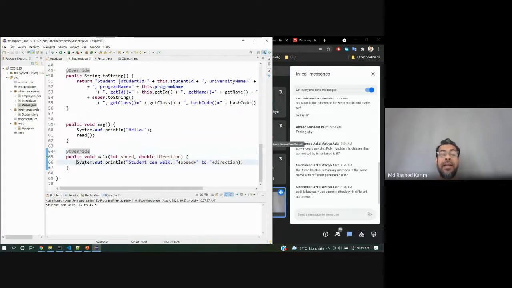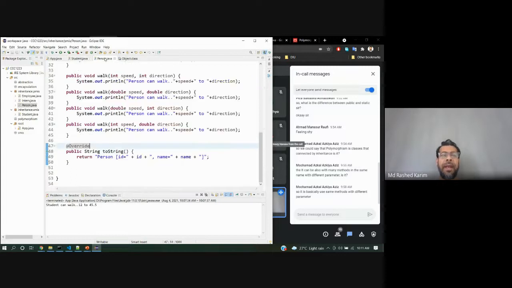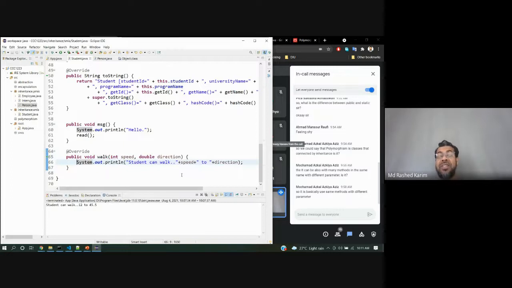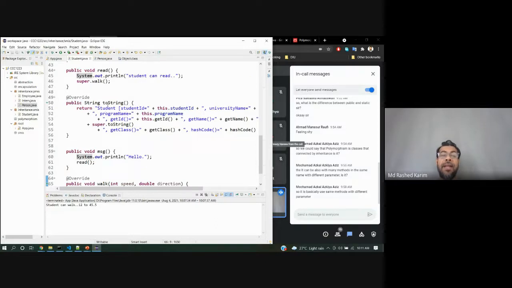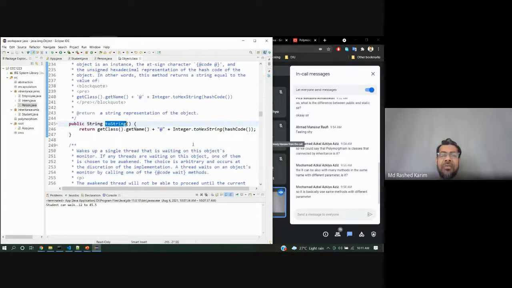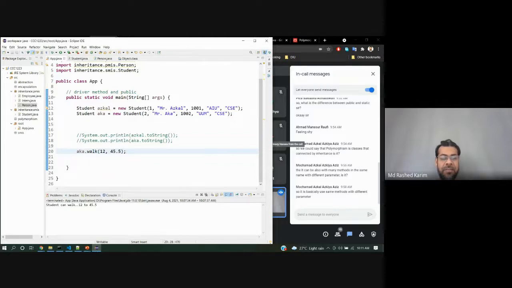But why do you use it? Because of better specification. I'm not satisfied with my parent Object's method, so I need to change something special, so I want to override these things. The parent, the super class Object, does not have my student ID or university name inside. It's all in my class. The Object class is only for this type of thing, only the hashCode and so on. Understand?